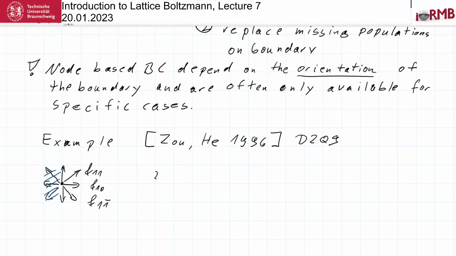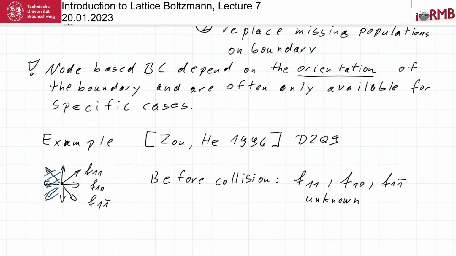And they are to be specified before collision. I mean, this is one of these things why this doesn't work, by the way. So this F11 and F10 and F1 minus 1, they are unknown before collision, where the others are all known, which only works if you have a nice flat wall, right? There are no corners or something, but this is the assumption. Okay, then